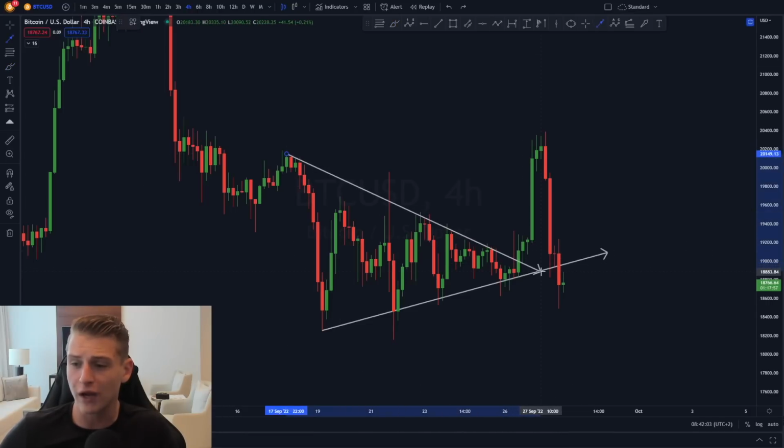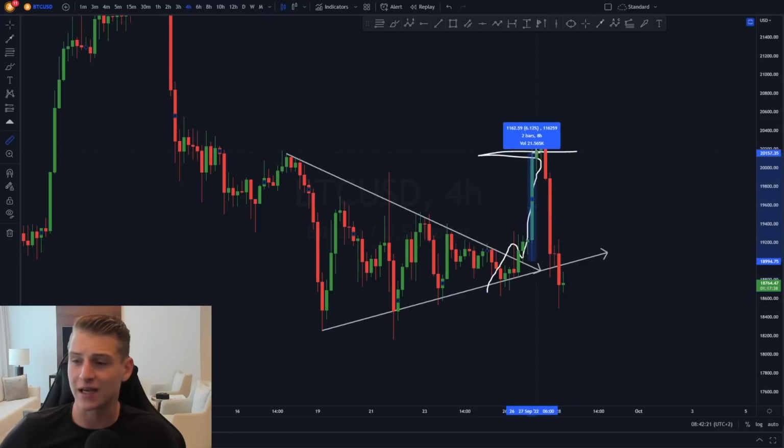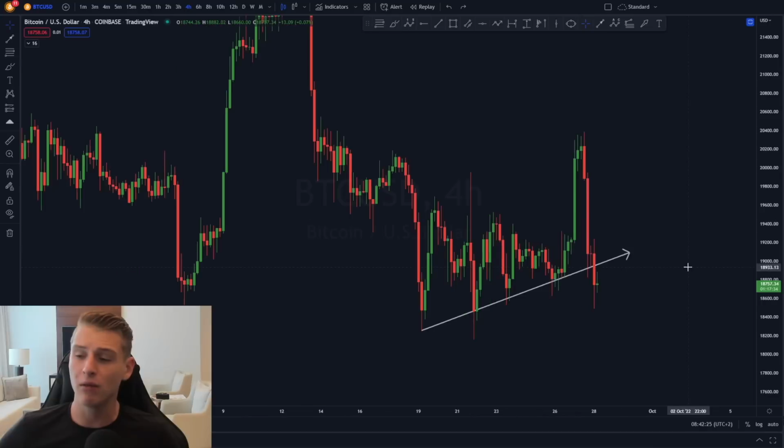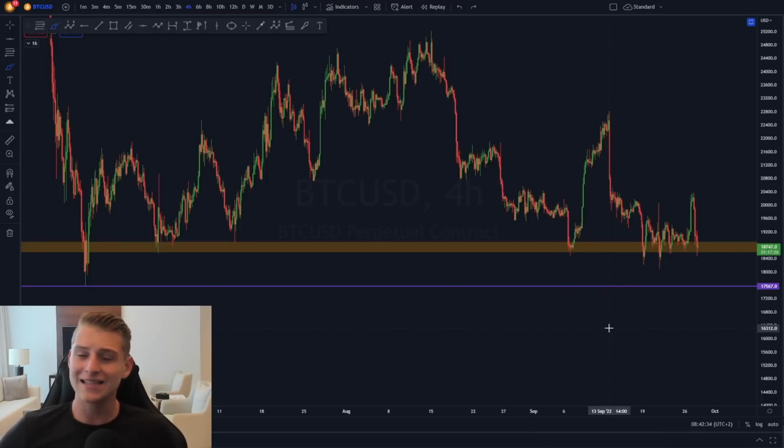Of course, we were also looking at that symmetrical triangle pattern, and the price target for us was around that 20.1k here. So for anyone who was in a long position out of the breakout right here, I truly hope you took your profits at my take profit target around 20.1k, because if you did so, you clearly made a significant profit of around 6% towards the upside. And right now I will be looking for my next trade, and potentially my next trade is either going to be the retest of the upper sloping support line, but what I personally will be waiting for is this larger